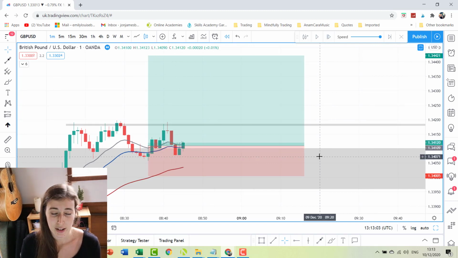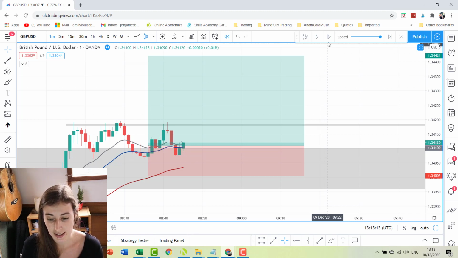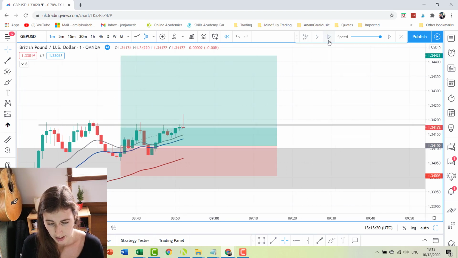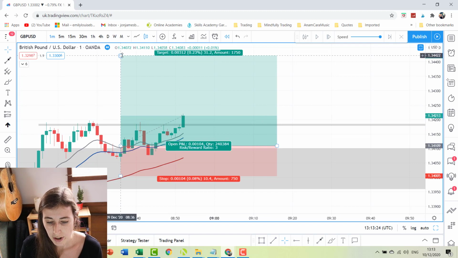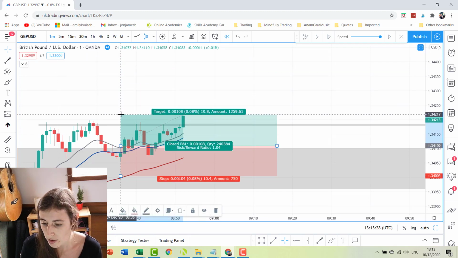And here it didn't get below this previous level of support on the 1-minute time frame, this 1.34071 level. So I decided to stay in this trade and just see what it did to give it a chance. After a little bit more consolidation, we did get the push up. And once price actually hit this 1% target level, which was